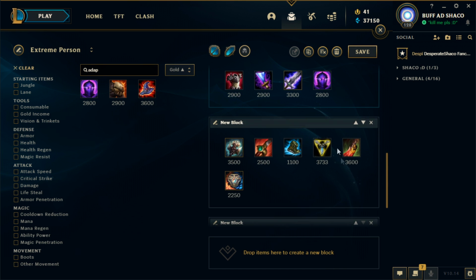So yeah, this is usually what I build. This is what a full build usually looks like. Obviously, it could be any variation of those items in here, but that is usually the build. Now, the build is done, okay? What I do want to say though, before I show you guys gameplay,